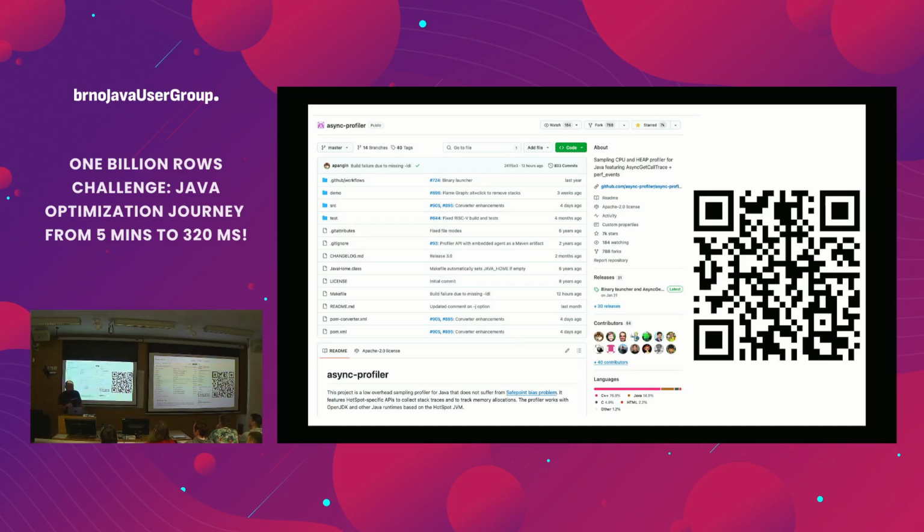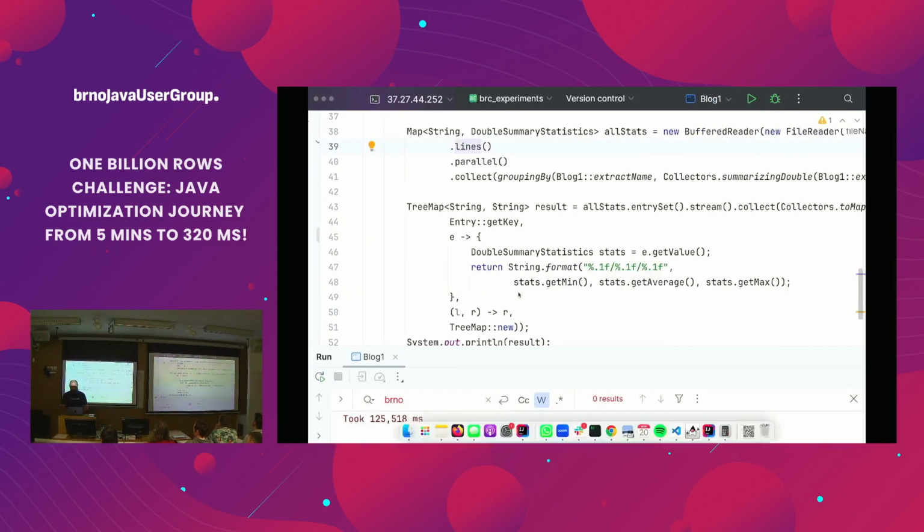If you don't know it, async-profiler is awesome. It provides the most accurate results of all Java profilers, maybe with the exception of Intel VTune. Except this one is much easier to use, and I really recommend it. And it's also super easy to use, at least for the basics.